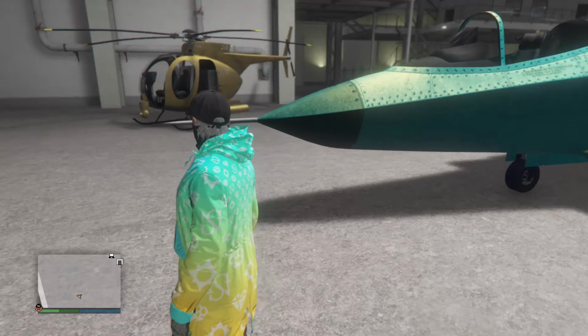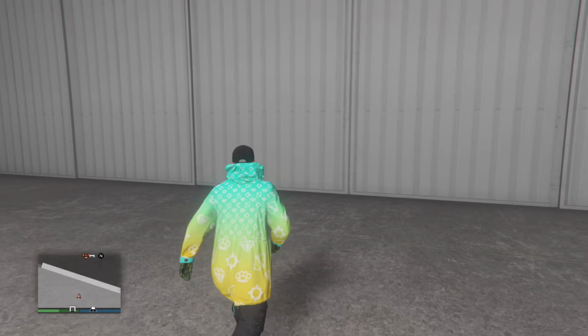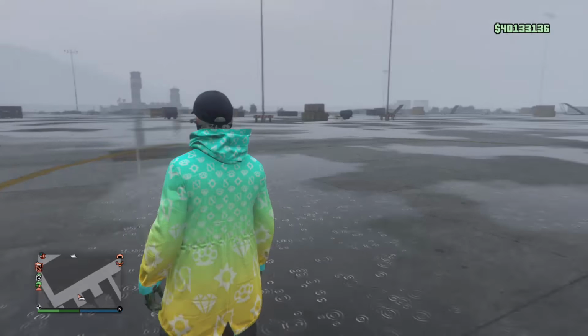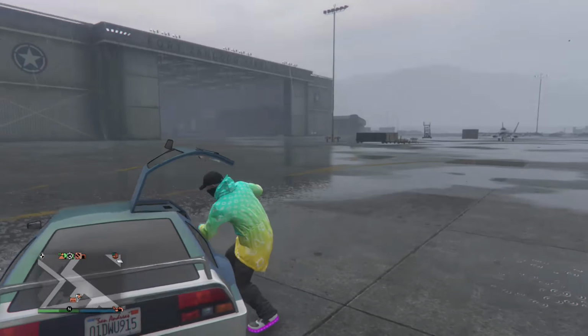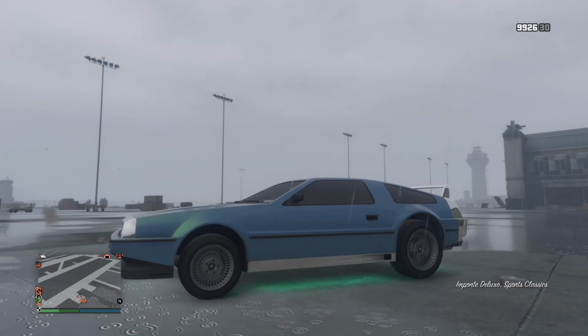Number 3, though. Oh, number 3, we're gonna have to walk outside for. Why would we have to leave your hangar to walk outside for number 3? Oh, I'll tell you why we had to leave my hangar for number 3, because it's this bad motherfucker right here. This car. I really shouldn't call it a car, because